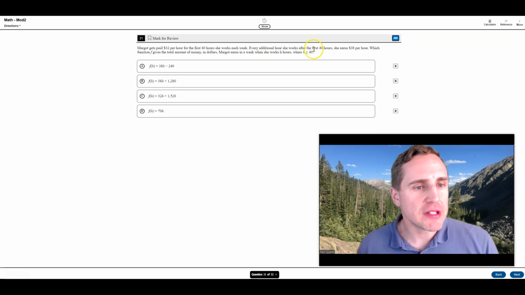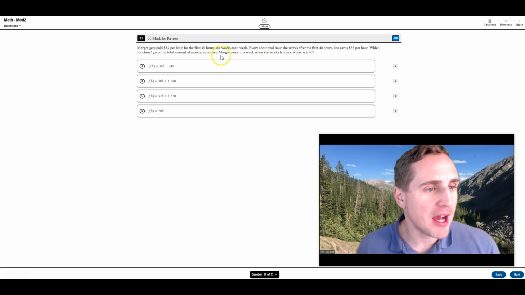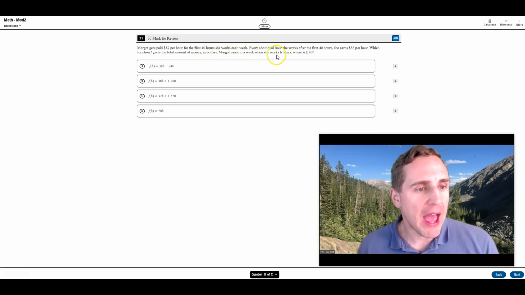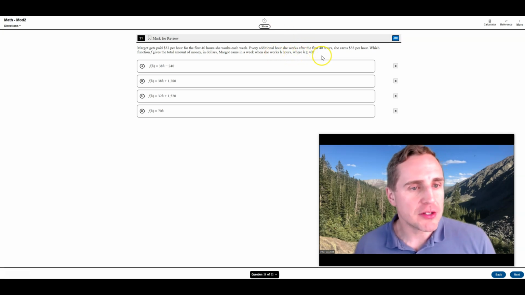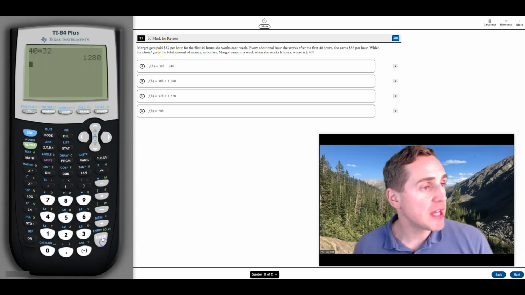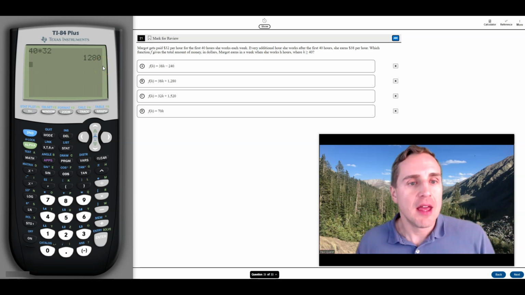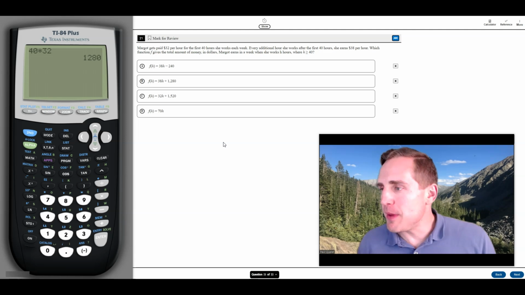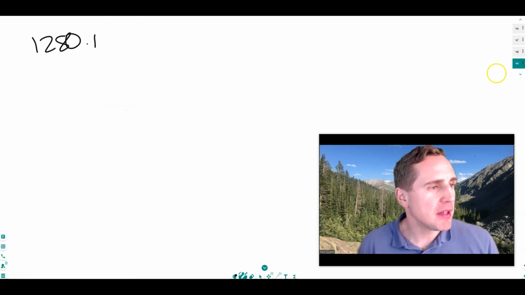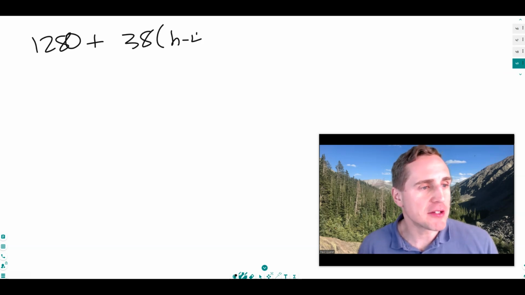Every additional hour she works after the first 40 hours, she earns $38 an hour. Which function f gives the total amount of money in dollars Margot earns in a week when she works h hours, h greater than or equal to 40? In the first 40 hours, 40 times 32 is 1,280. So we know she's at least going to earn that. And then she's going to earn $38 for each additional hour. Okay? So it's either going to be 1,280 plus the hours above 40, so 38 times h minus 40,